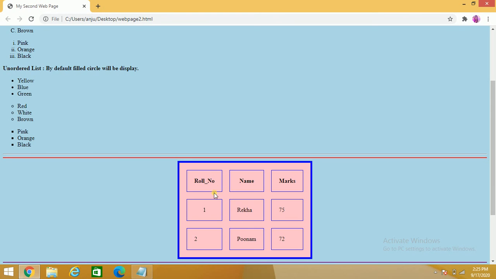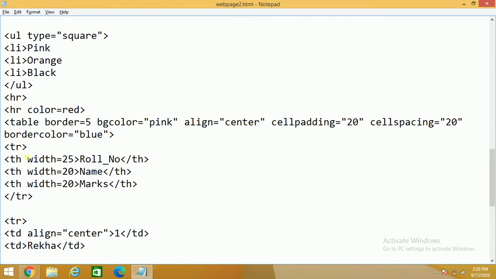Table heading comes in bold compared to table data. If you use TD, you will be able to write this text, but it will not come in bold. But if you use TH, as you can see here, the table heading automatically becomes bold. If you use TD, it will come like normal text.